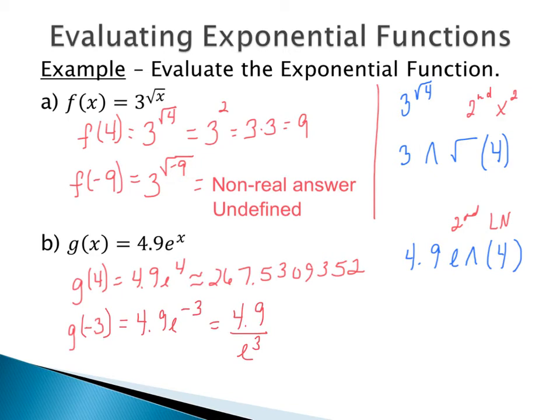You could do 4.9 e to the -3, get your answer, or if you're plugging it in the way that I wrote it here, you would have 4.9 divided by e to the +3. Either way, when we get our answer here, we can evaluate it. It is defined, because we can do e to the -3. Again, it just turns into a fraction with the e to the 3rd in the denominator. And this would be about 0.2439566635. So just make sure that you understand how to type them both into the calculator using the E to the X button, and also using the caret.